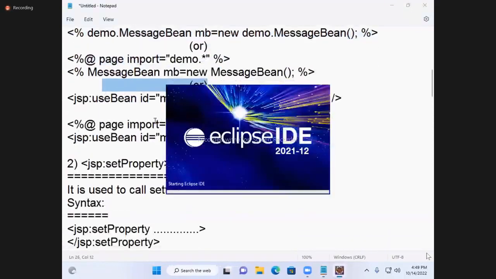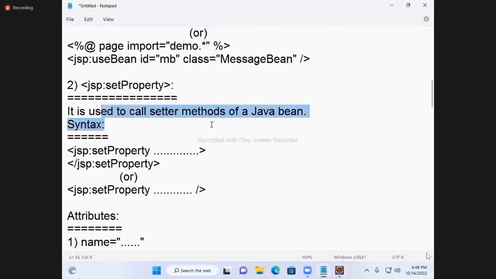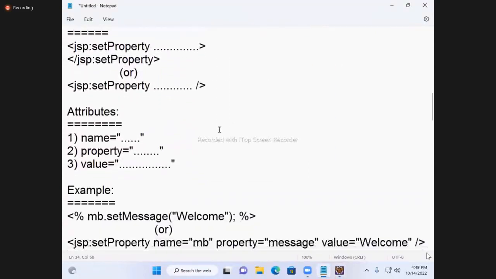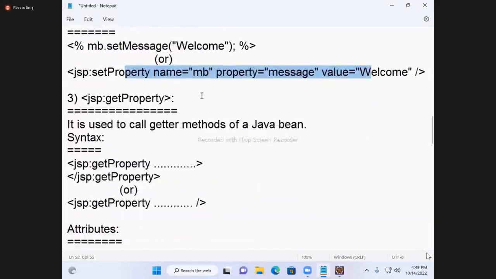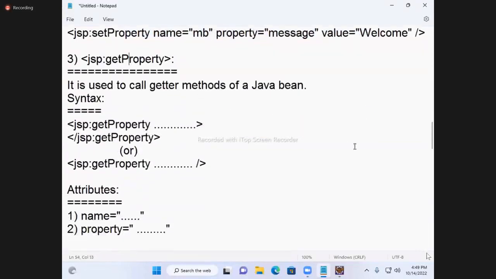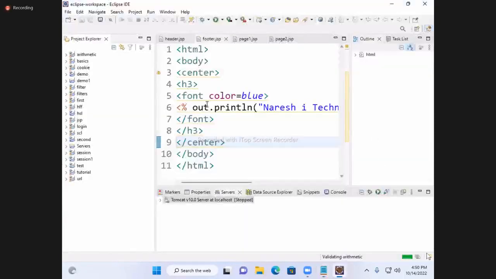Now set property is used to call setter methods of a Java bean. If you want to call setter methods, here you can write like this also. Get property message is for calling getter methods of a Java bean. You can call like this also. It is an action, it is a scriptlet expression. Okay. Now